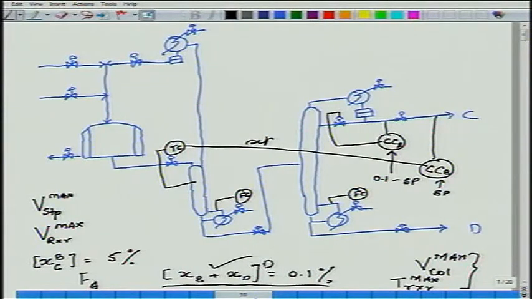My throughput manipulator is this guy, which should be at max. That is because of this chap. I have taken care of this. I also need to control tightly this chap, the amount of C leaking down the bottoms. What do I do to hold that constant? I control a tray temperature here.